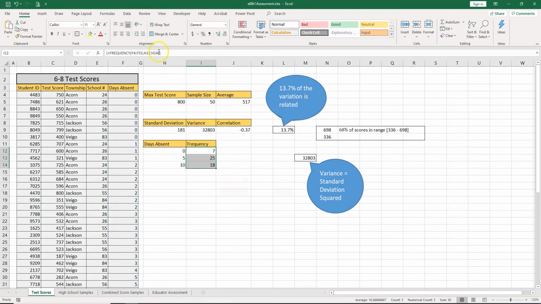We are actually not done with this one. We have to do one more step. So let's go back to it. And I'm going to divide. So we want to see the percentage. Okay, so we saw over here 7, so that means we have 7 people that were absent. But what is 7 out of 50? So let's go ahead and actually divide by 50. And Control Shift Enter again. And that's the percentage. So let's make it so.